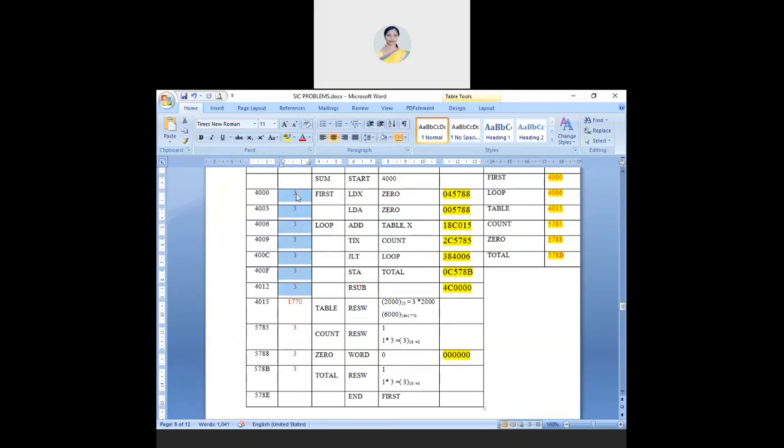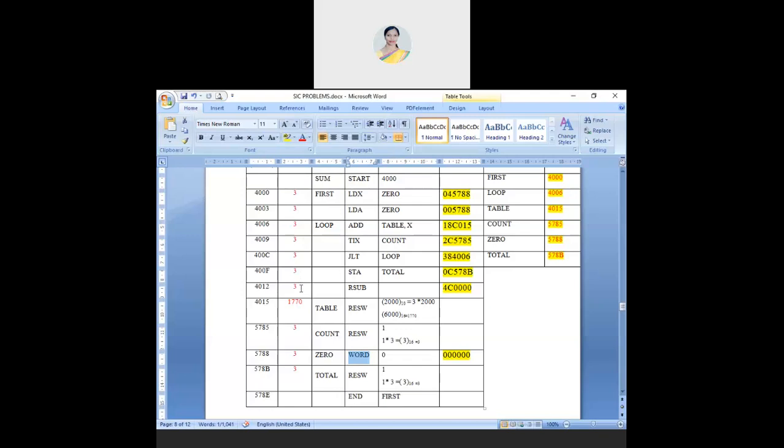Now, how many words do you have here? 1, 2, 3, 4, 5, 6, 7. 7 threes are 21. So, I can store it in the first record. And I have a break over here. Why is it a break? It is a reservation. And again, I have a break here, a reservation. Again, I have one more record, that is a word. What is the maximum number of bytes you can store in one record? 30 bytes, not more than that. So, you have to count how many there are. 7 words I can store.